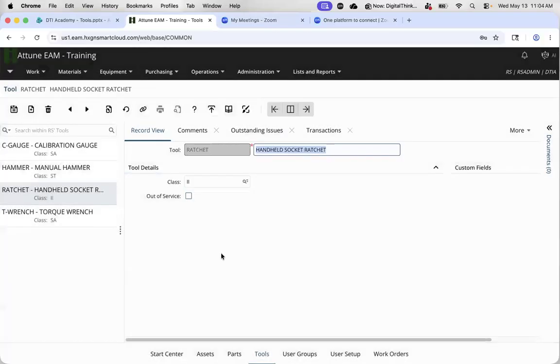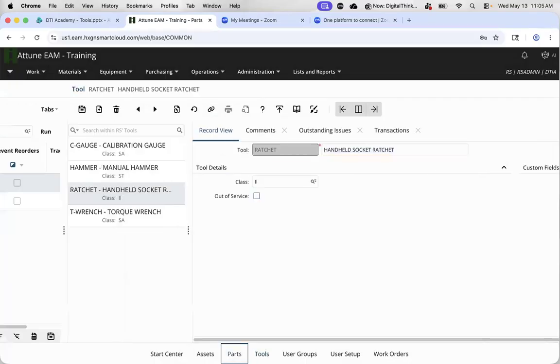So an example of that would be perhaps a ratchet, like I'm sharing on my screen. So here we can set up a tool for a socket ratchet. But if it's something that we want to keep track of in terms of stock or perhaps reordering or replenishing the item, we can also set up a part,